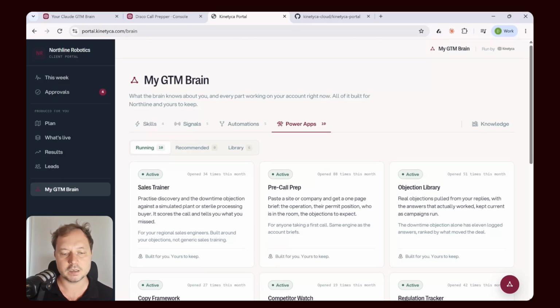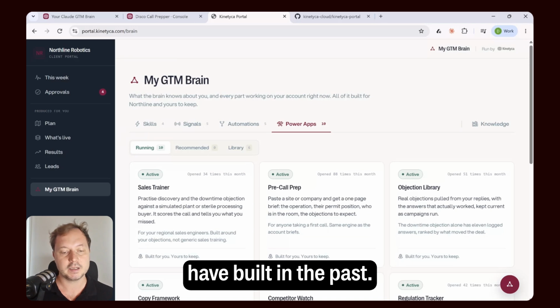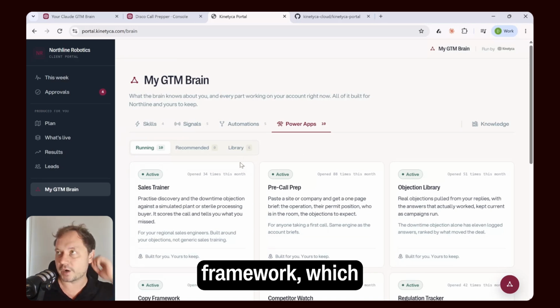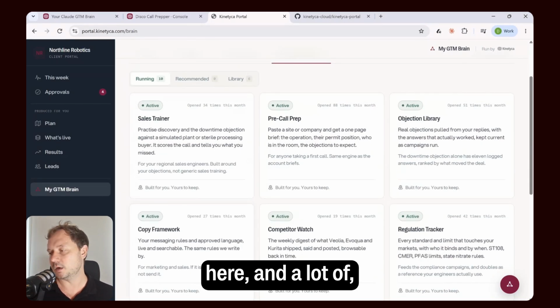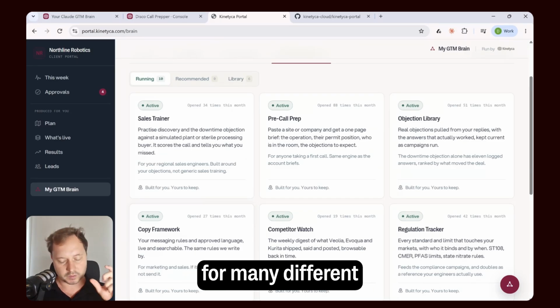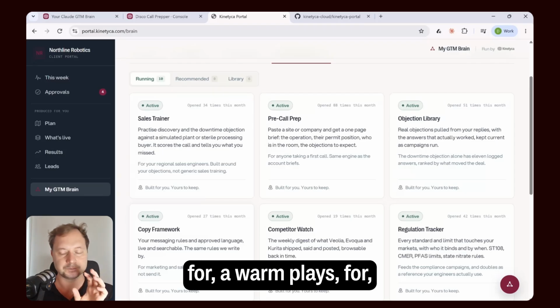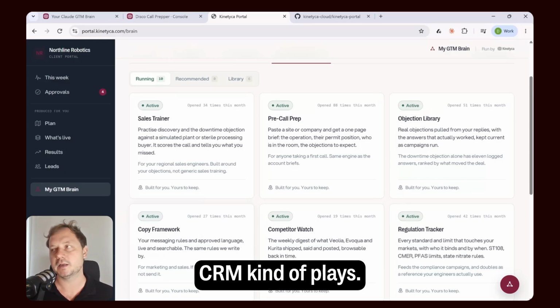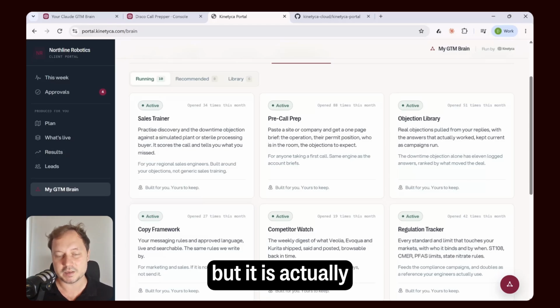So some ideas here for the ones that we have built in the past. For example, we have built a specific copy framework which we built with a lot of our own knowledge and a lot of publicly available knowledge. We put this all together and created a framework for building copy for many different situations: for a cold outreach, for an ABM outreach, for a warm place, right, for a CRM kind of place. And the thing is, I mean, this sounds easy at the beginning, but it is actually very,